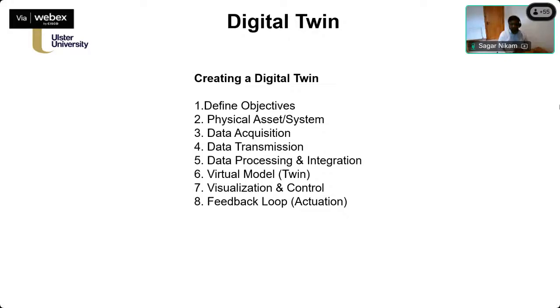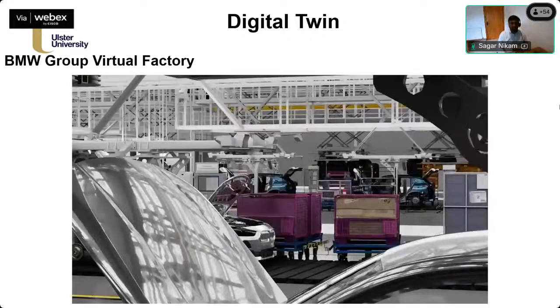Once we have the virtual model, there can be visualization and control. Visualization is the current real state of the physical asset, and controlling is the feedback control, which helps you control the particular process, with or without a real-time aspect. This is one of the digital twin virtual models of a BMW factory. They built a virtual model based on their assembly line. They have the car assembly line in Germany, and they want to digitalize every aspect of the factory through digital components.